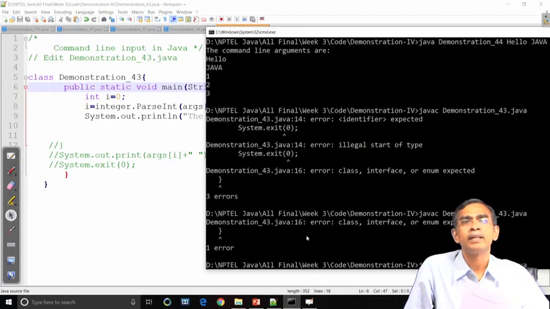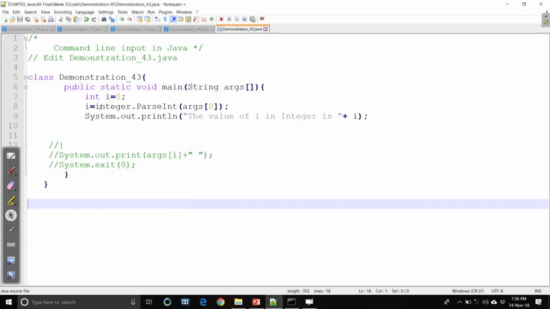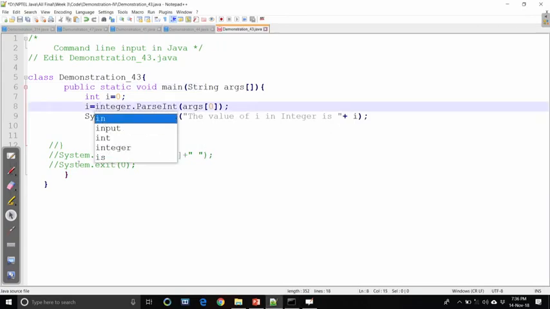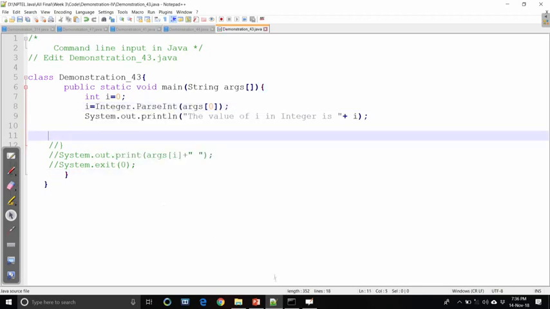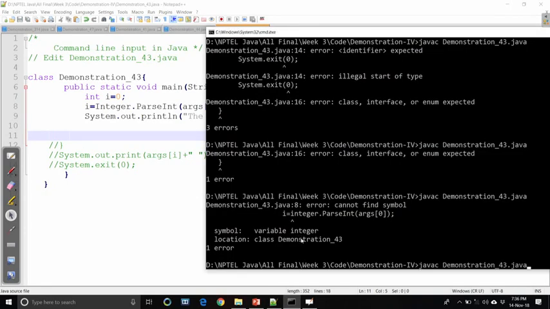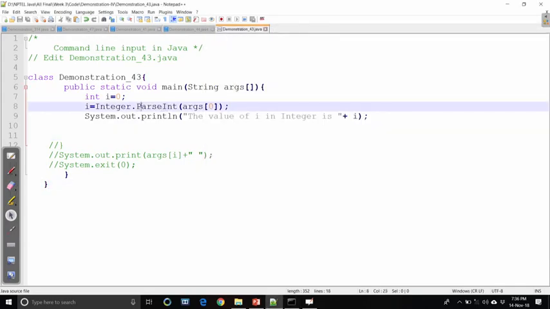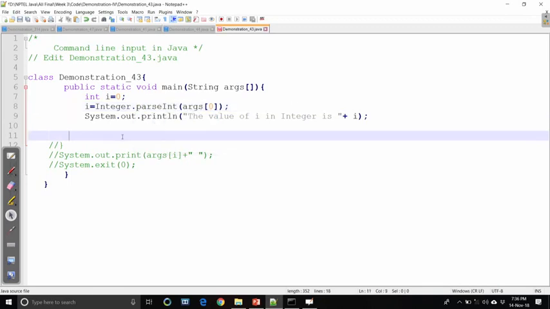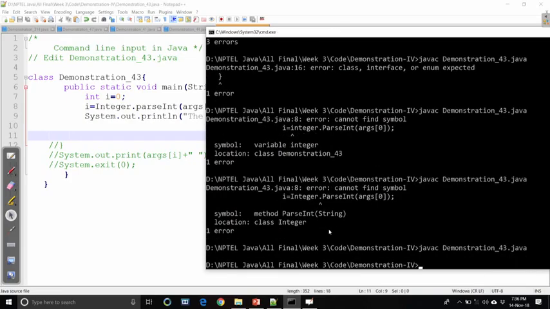Clean all this garbage and then you can run it. Capital I, right, this is correct. Parse should be with a small p, it should not be like that. Now, we have written the program, we have to go fast.